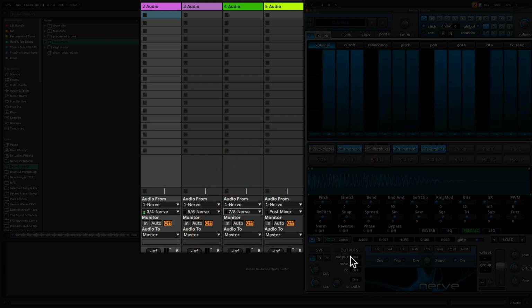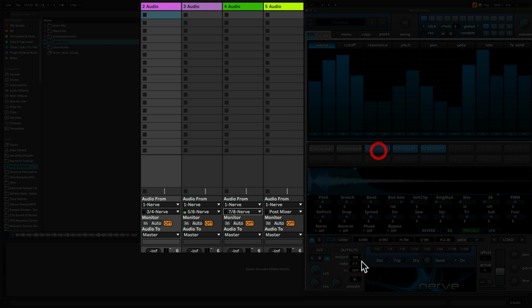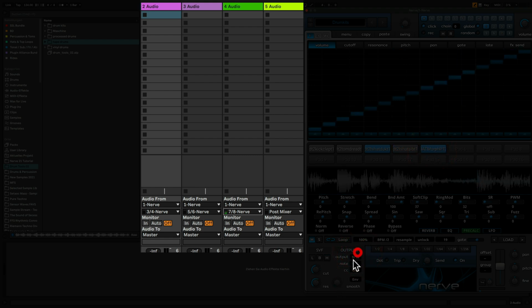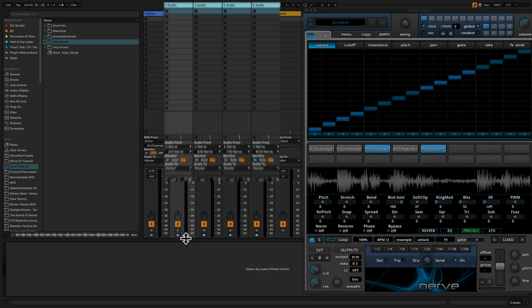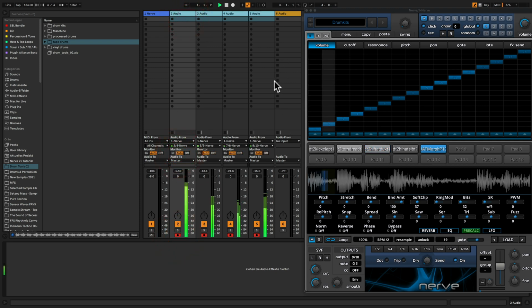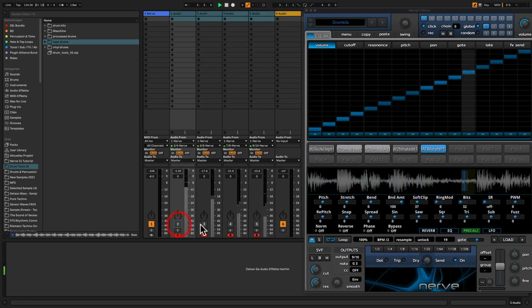Let's quickly check that we're on the right channels. And this would be 9, 10. And now all we have to do is arm them and tell them to listen to Nerve. And now we can see we have our individual outputs elegantly distributed within Ableton